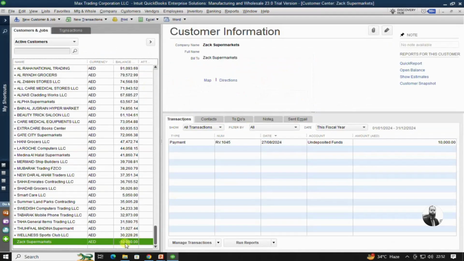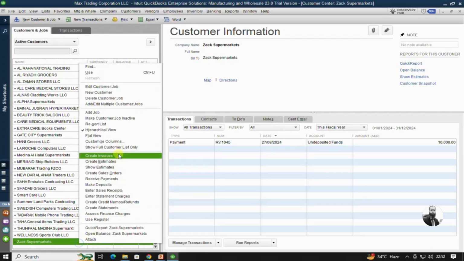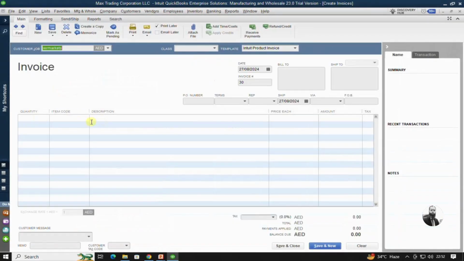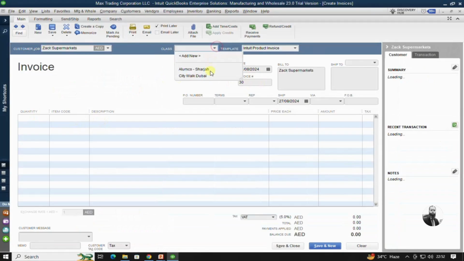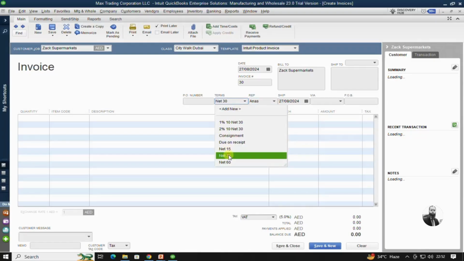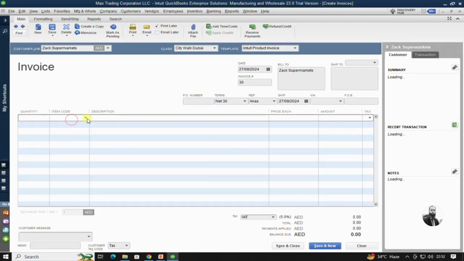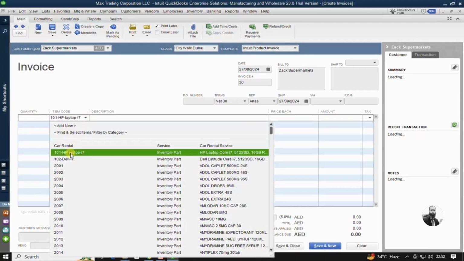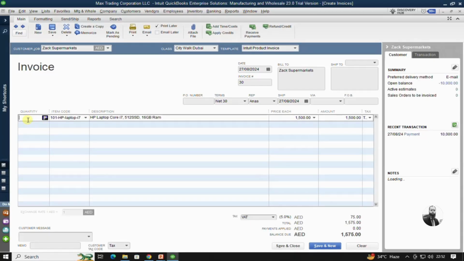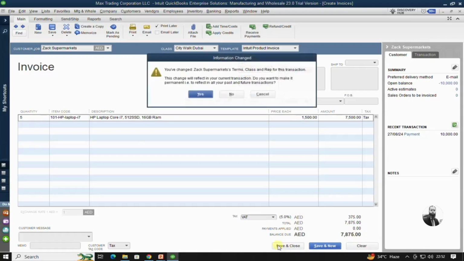Okay, so this customer now has a negative balance of 10,000. Whenever I create one invoice for this customer, select the rep and the payment terms, net 30, and I will sell this item of 5 pieces for 7,500 with the VAT 7875. This is the amount. When I am going to click on save and close,